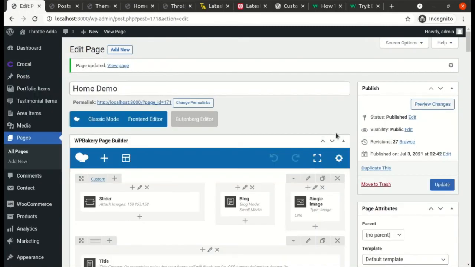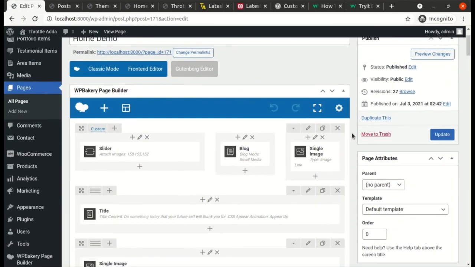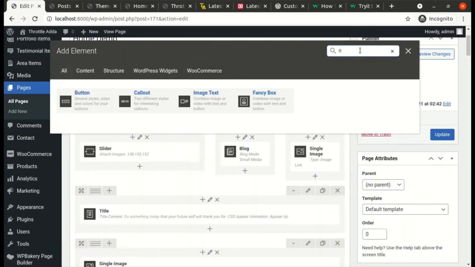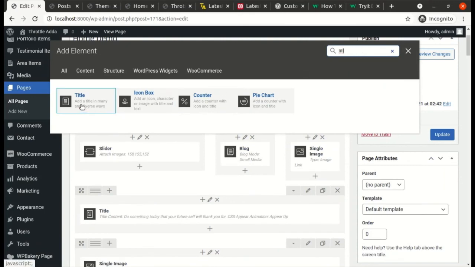Let's go back to the backend editor. Now guys who are waiting for me to do something on the front end editor, don't worry, the next episode will be with the front end editor, and the next section will be covered of the home page. Okay, so let's quickly go and add a title to this. Title, right? The first element itself says that it's a title element. Let's click on it.